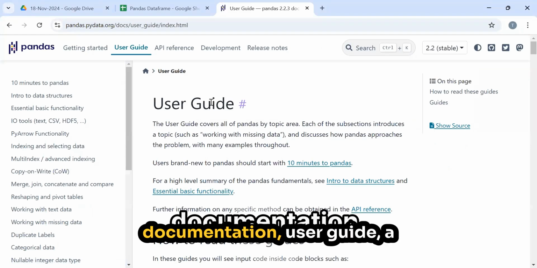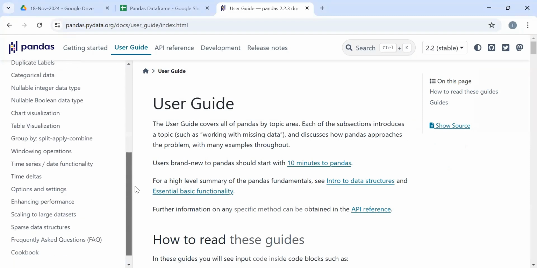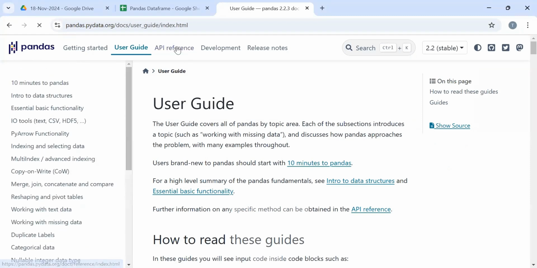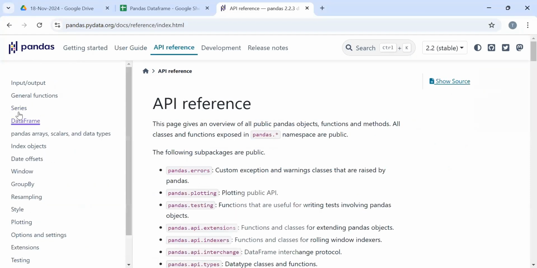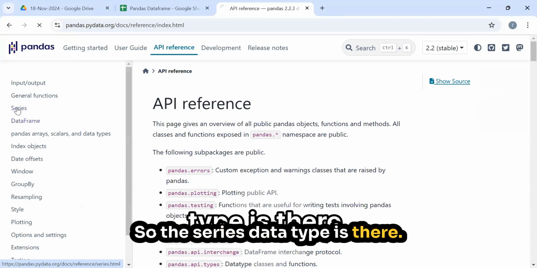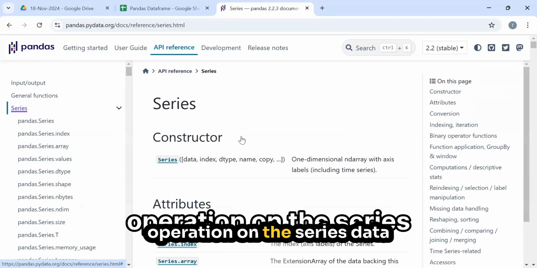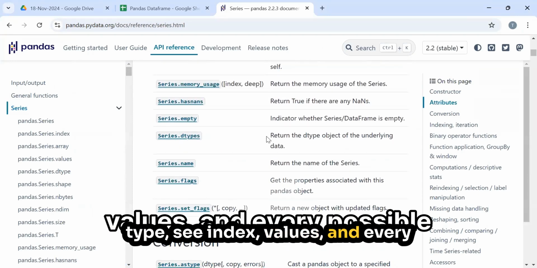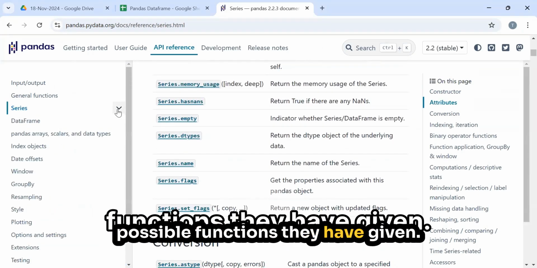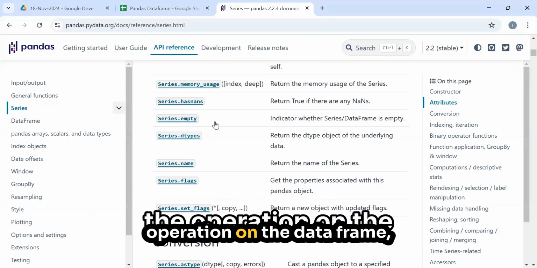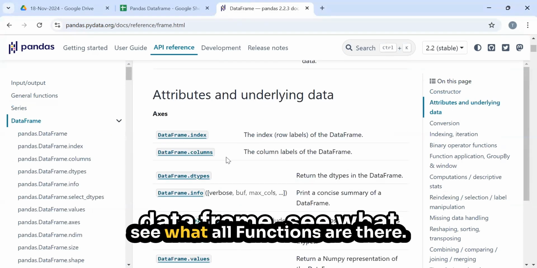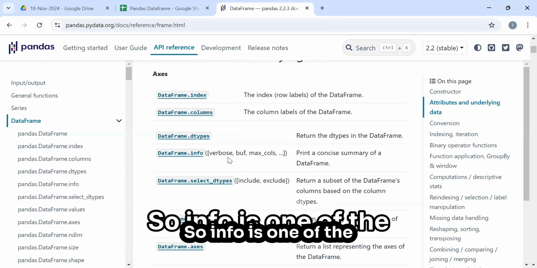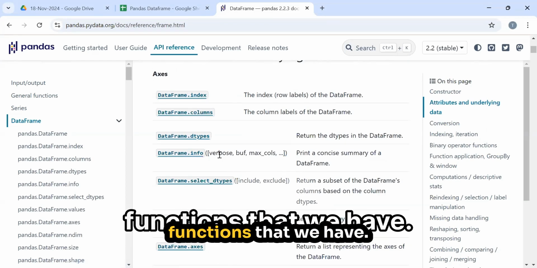When you go to the documentation, user guide, a reference. So see, the series data type is there. If you want to perform any operation on the series data type, see index, arrays, values, and every possible function they have given. If you are performing the operation on the data frame, see what all functions are there. So info is one of the functions that we are